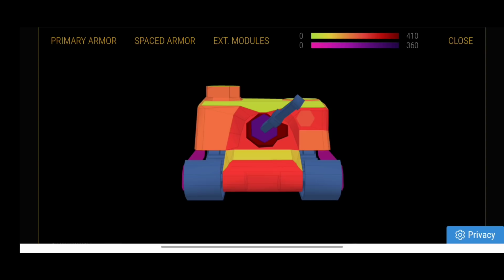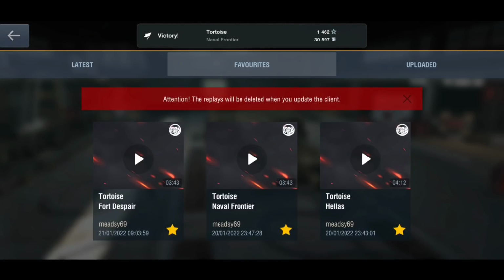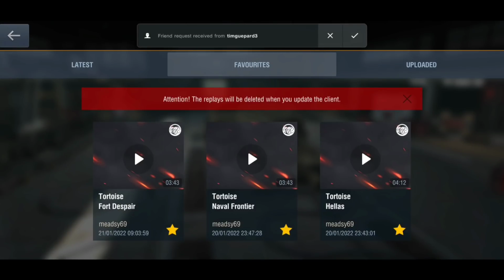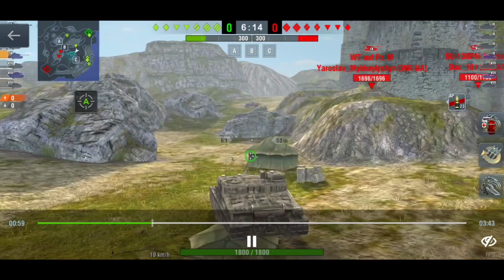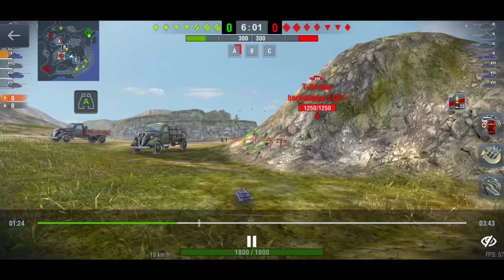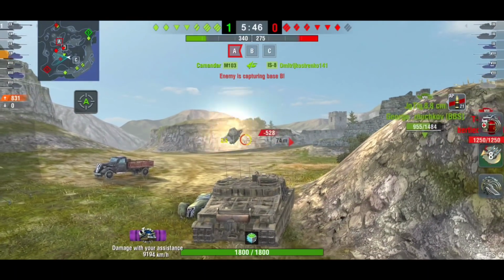Now we're going to have a look at a few battles just to see if the armor buff has helped the tank. So we had a few games earlier, and we're just going to have a look at, where are they? So there is one, I think this was it. Pretty much, you can get bounces on the tank. It's not invincible. I mean, you can get penetrated, and I always said this tank needs either a